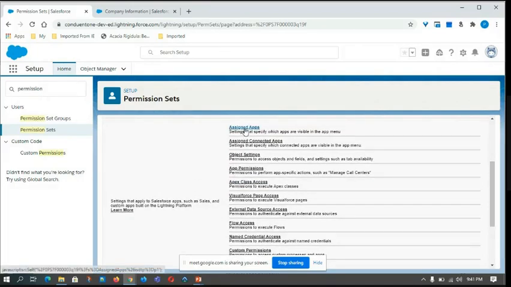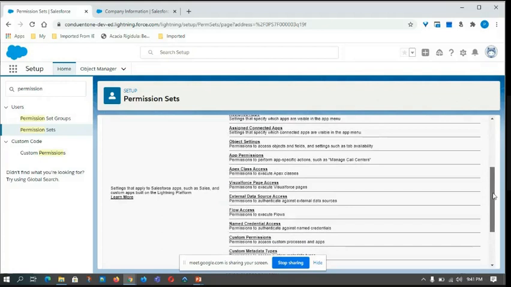So these are for apps. What all apps a user should see in this particular permission set, we'll be adding this. Okay, these are connected apps, and this is specific to objects and fields. This one also app permissions. Apex classes will be given here, Visualforce pages. This is like more modern user interface changes.